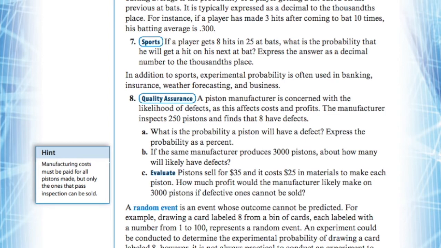Oftentimes, simulations are used to speed up what would be the likelihood of an event, or to get some type of scientific or mathematical basis for making a decision on what you want to do, rather than having the ability to test that over a long period of time. So the way in which a simulation works in terms of probability in mathematics and science is that you're going to be able to come up with some type of reasoning based on the quick experiment versus a long, drawn-out experiment that would take more time.